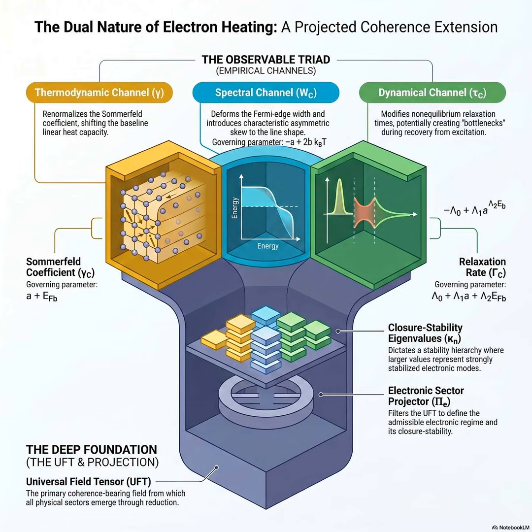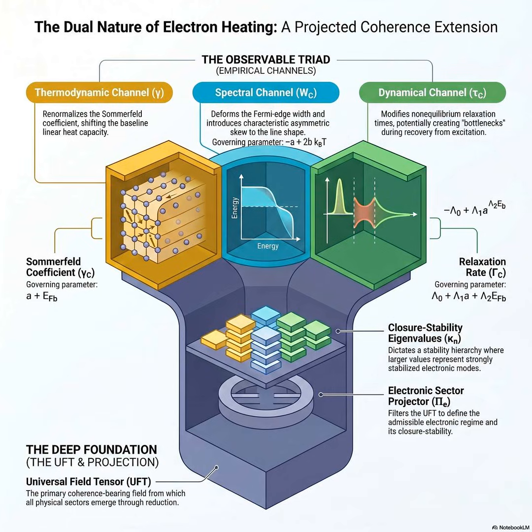Precisely. So Lillian takes this new coherence-weighted profile, armed with parameters A and B, and runs it back through the standard thermodynamic integrals. He recalculates the heat capacity. And the mathematical outcome is striking. The Sommerfeld coefficient, that gamma that dictates linear heat capacity, is renormalized. It fundamentally shifts. The new heat capacity coefficient, which we'll call gamma C, equals the old standard gamma 0, multiplied by a new factor, 1 plus epsilon times (A plus EF times B). So gamma C equals gamma 0 times (1 plus epsilon (A plus EF B)). The capacity we measure in the lab is directly modified by our stability score A and our stability slope B.